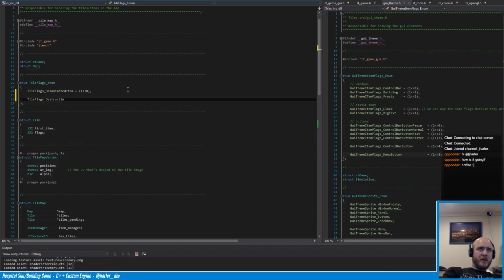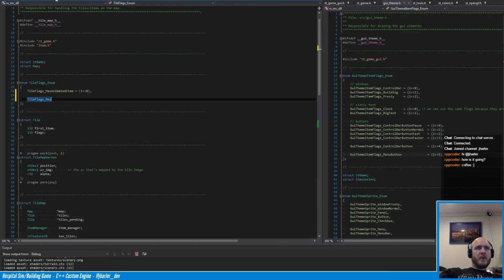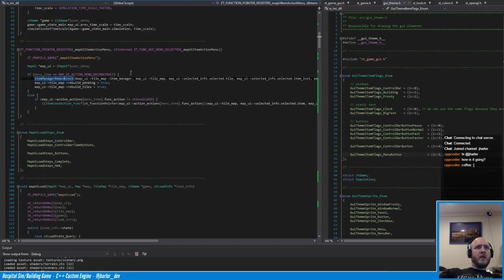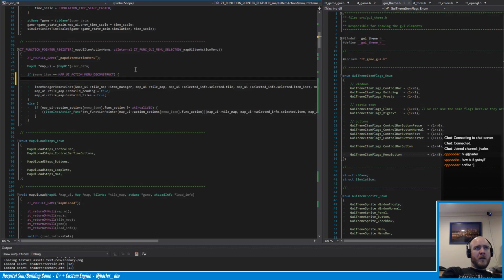Destructing. What do I call this? Deconstruct. And deconstructing. And we'll add this as the last bit flag. Alright. So, for now, when an item is being deconstructed, then we